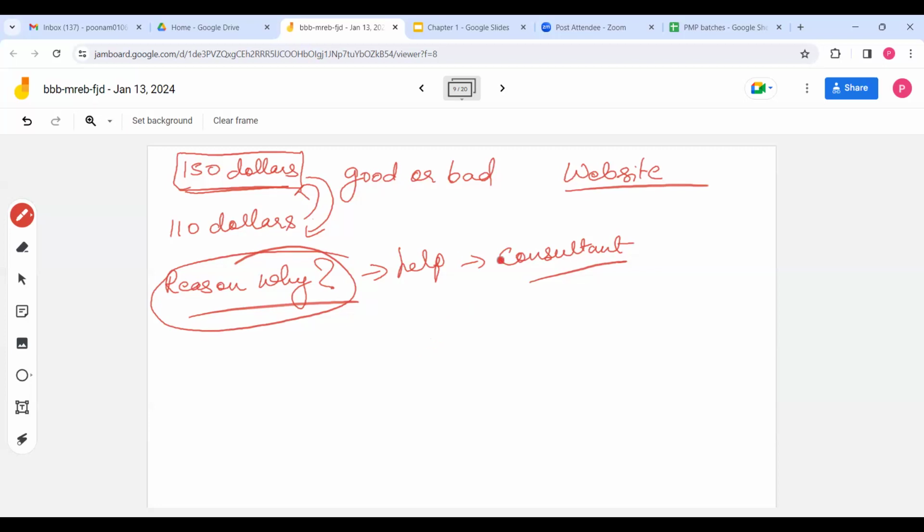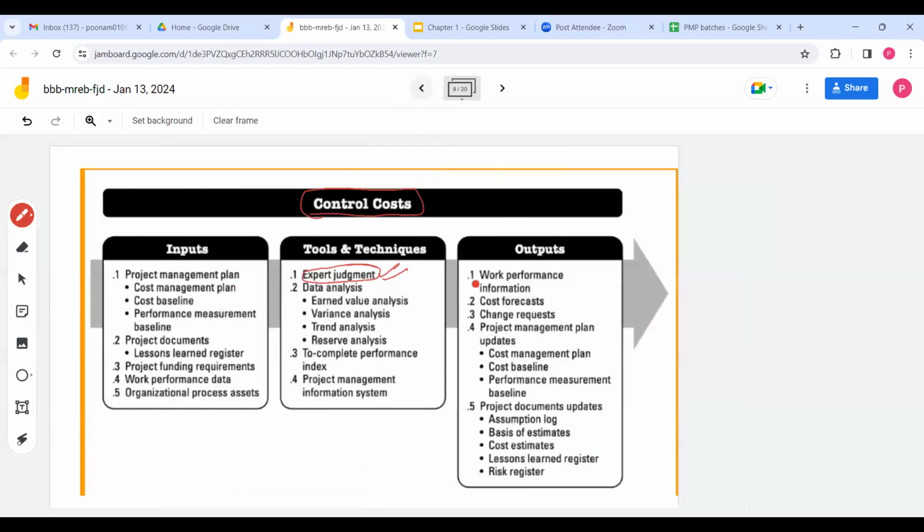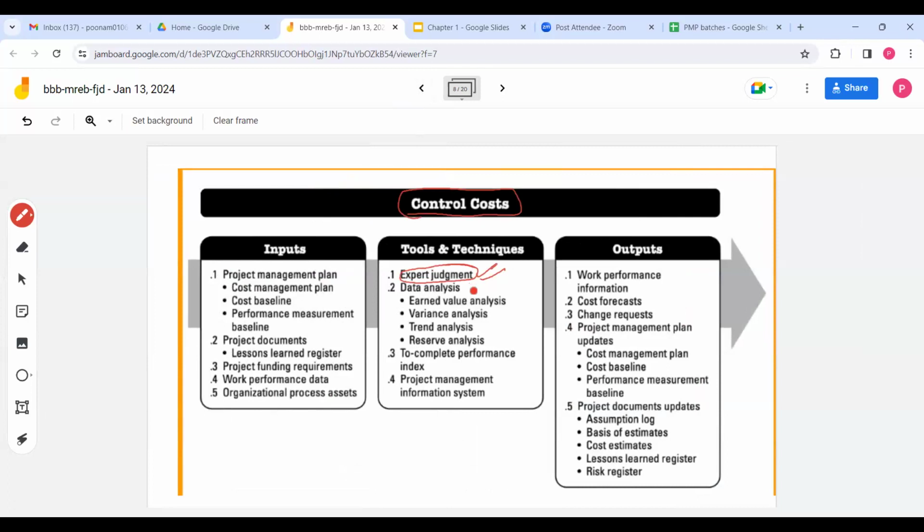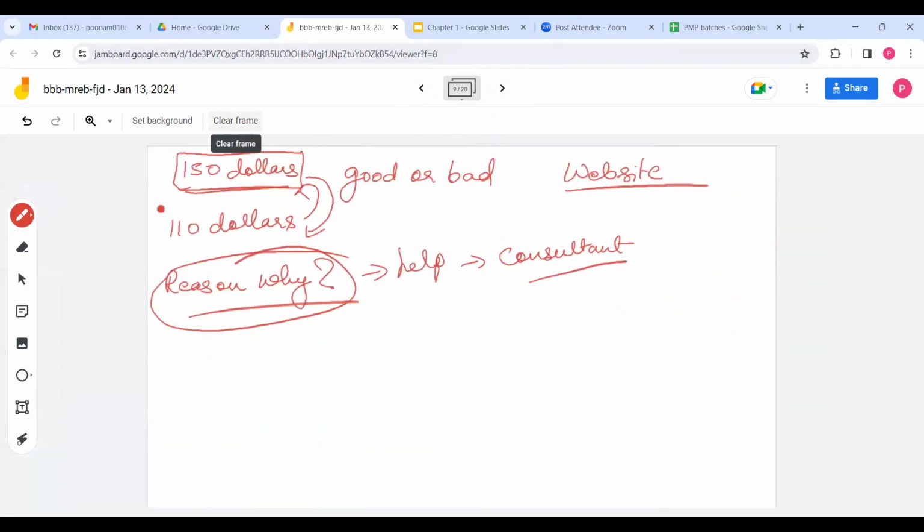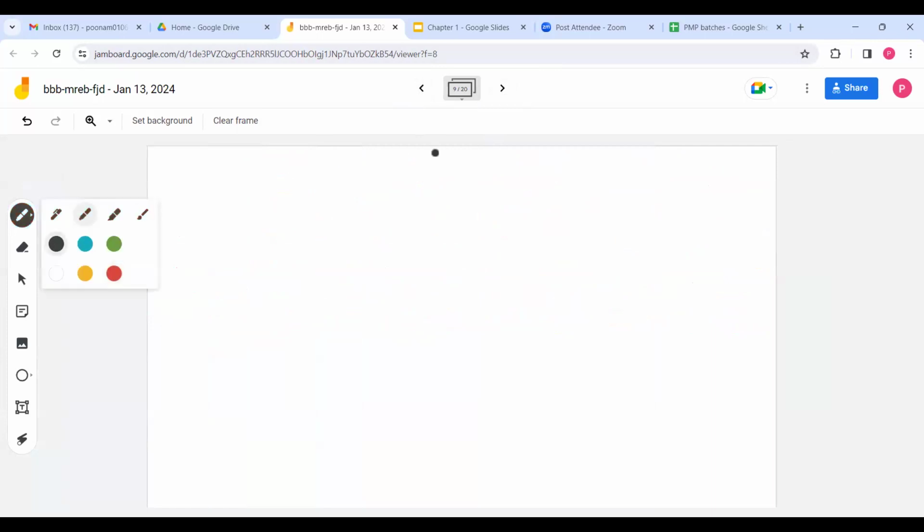Okay, which can help you to understand the situation. So the first method to control cost, that's why I told you, is expert judgment. Next is earned value analysis. Focus on this. Earned value analysis is a very important technique. So next we are going to use earned value analysis